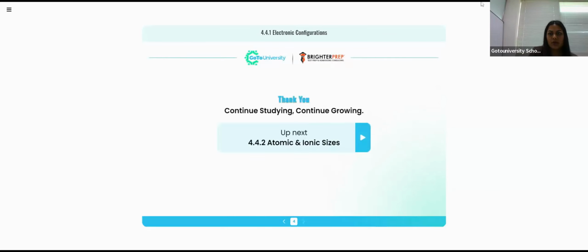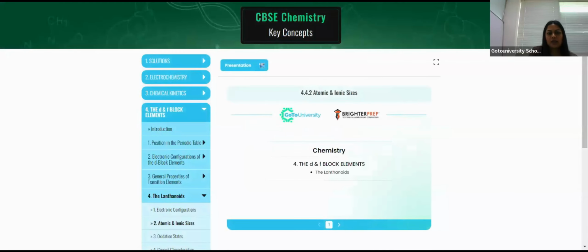Next, as we have studied, the electronic configuration of the atoms of lanthanides has the 6s2 orbital in common, but they have variable values of 4f orbital, right? How is the value variable for 4f orbital? The value of 4f orbital varies according to their atomic numbers, right? Now, if we talk about the atomic and ionic sizes of lanthanoids,